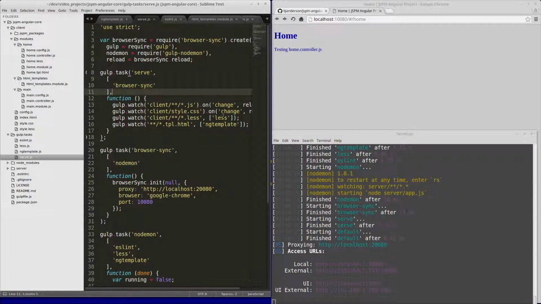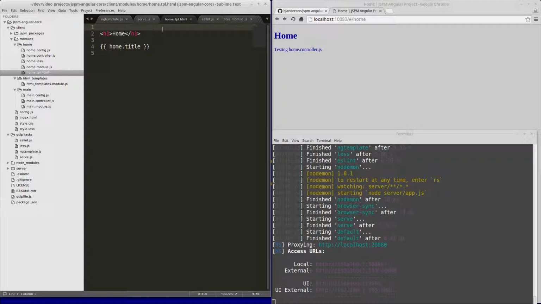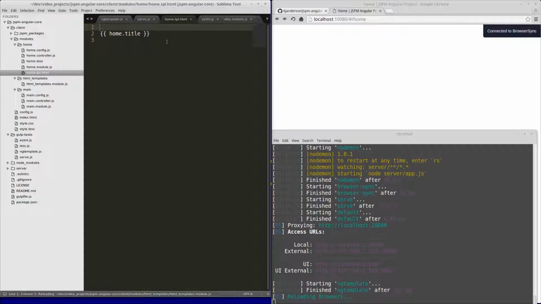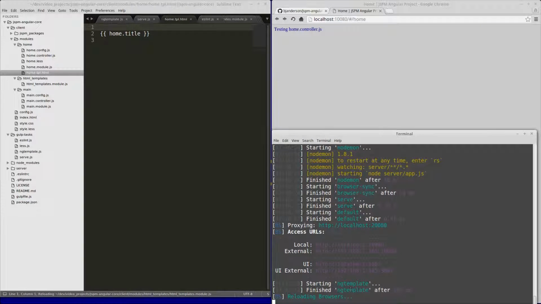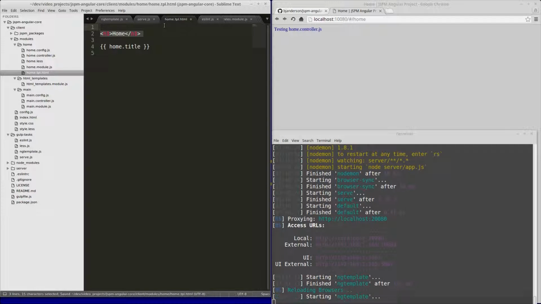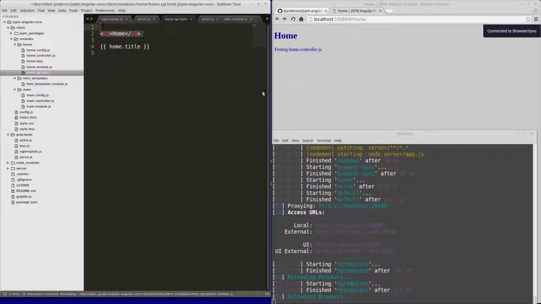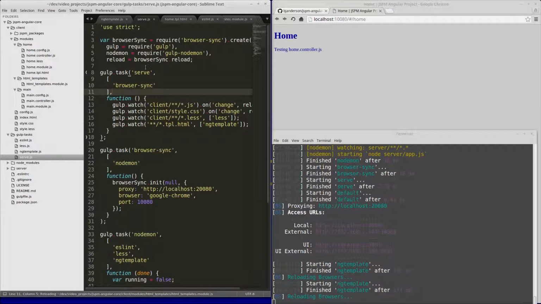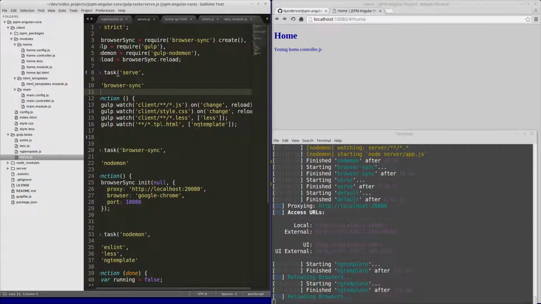okay, now we will test this out. So we're going to go to our home TPL HTML, and we're going to change it. So now you'll see that ngtemplate runs and the browser reloads after it runs. So now you can see that we're putting a watch on our HTML file, and the JavaScript file is getting changed, and that's causing the browser to reload. And that's it. That's adding ngtemplate to our Gulp